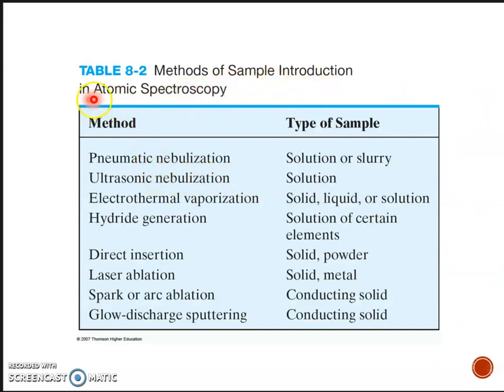Method of sample introduction in atomic spectroscopy. So, this is the method and this is types of sample. Kalau kita ada solution, kita boleh guna pneumatic and ultrasonic nebulizer. Kalau kita ada solid, liquid or solution, kita boleh guna electrothermal vaporization. Ya. Tapi kita hanya guna, sorry. Ni banyak lagi, tak apa. Kita tengok je. Kalau solid powder atau solid metal, you boleh guna direct insertion. Direct insertion ni adalah dalam